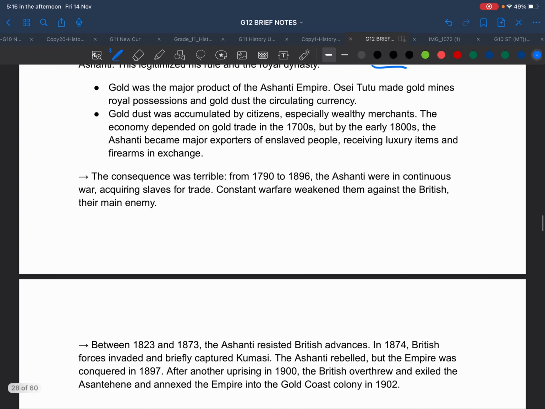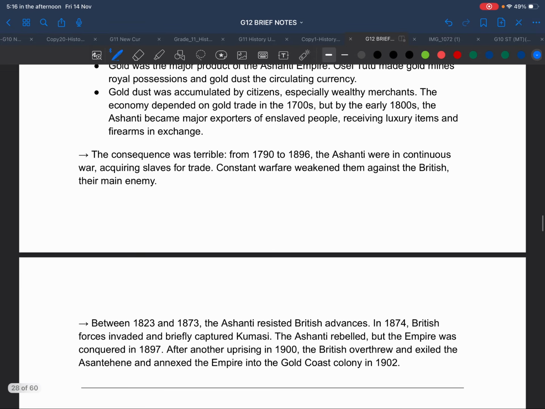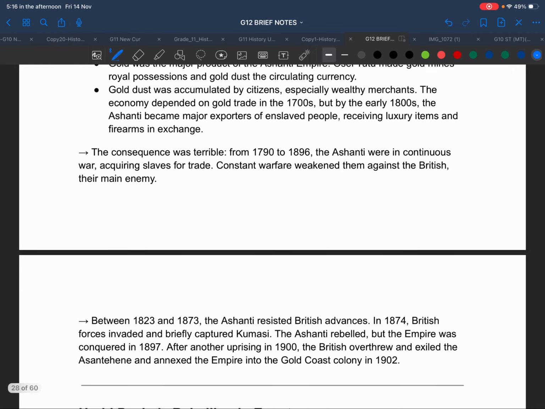Osei Tutu made gold mines royal possessions, and gold dust the circulating currency. He used the gold mines as his own royal possessions, plus the gold dust as the circulating currency. Gold dust was accumulated by citizens, especially wealthy merchants. The economy depended on gold trade in the 1700s, but by the early 1800s, meaning the 1810s,